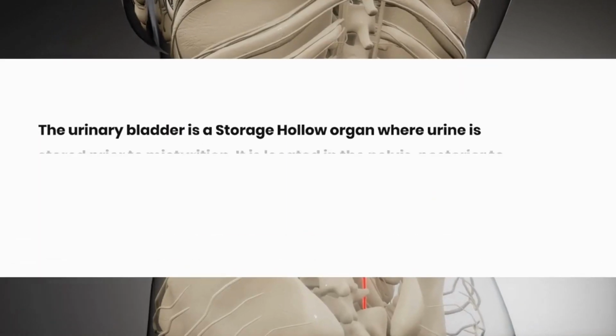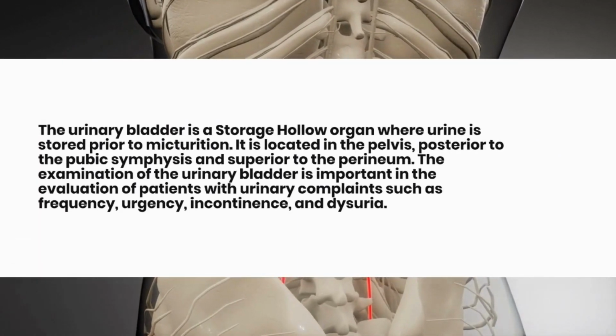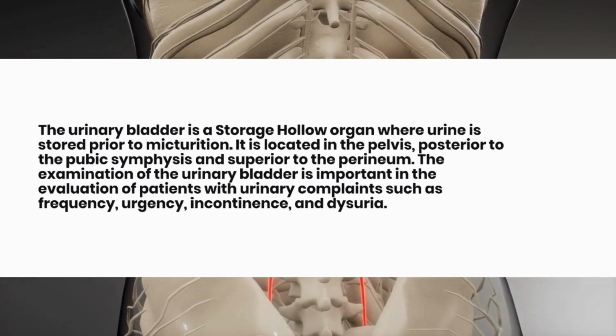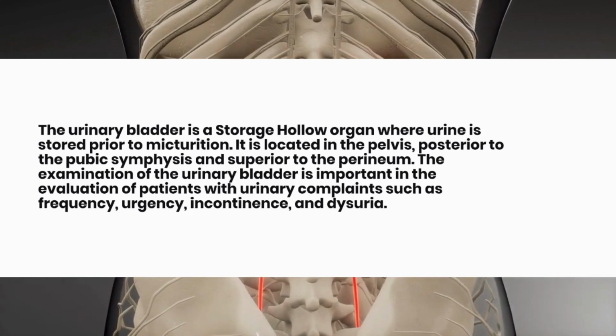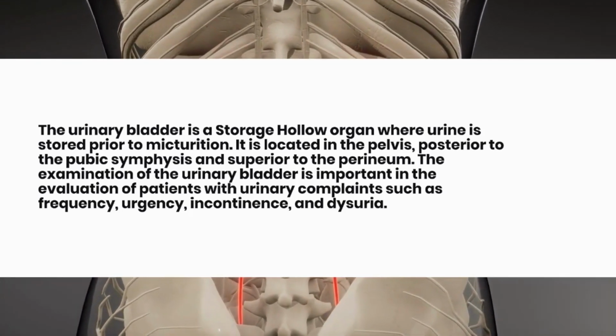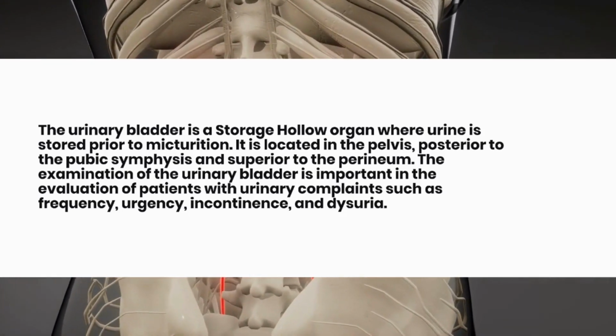The urinary bladder is a storage hollow organ where urine is stored prior to micturition. It is located in the pelvis, posterior to the pubic symphysis and superior to the perineum. The examination of the urinary bladder is important in the evaluation of patients with urinary complaints such as frequency, urgency,